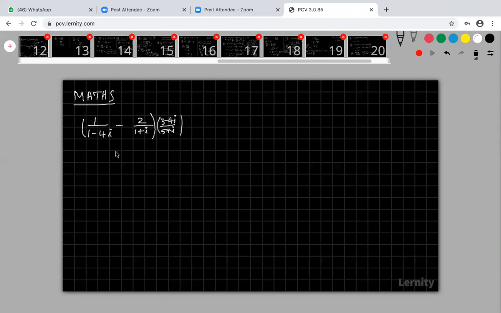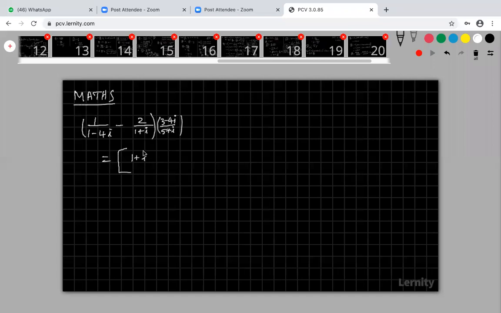Am I correct in the question? So look at that. Here we have to cross multiply. First of all, you simplify. First of all, you write that entire complex number in a plus ib form, and then find the modulus. That will be easy for us. So now cross multiply. What is the answer?